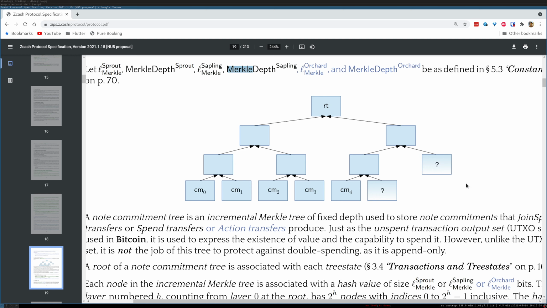The purpose of this Merkle tree usually is to provide an efficient way to prove that you know the content of one of the nodes. Let's say CM2. So you know CM2 and you publish CM2, but you also want to prove that the CM2 that you are showing is the one that was used in building the tree. In order to do that, you provide the content of your node, as well as the siblings that are required along the path to the root. So in this case it is CM3, this node here,